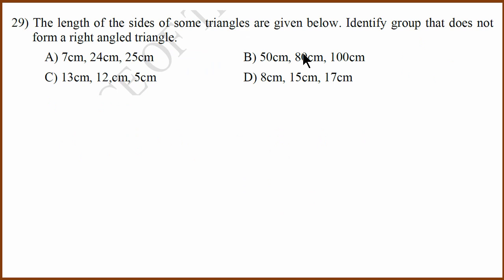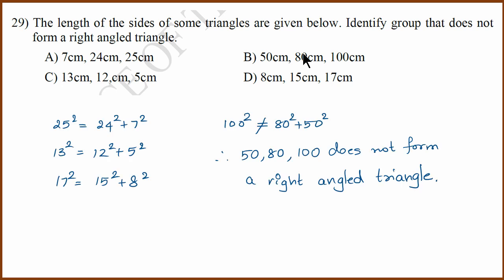ಸೊ ಇಲ್ಲಿ 4 ಸೈಡ್ ಕೊಟ್ಟಿದ್ದಾರೆ. 4 ಸೈಡ್ ಕೊಟ್ಟು ಇದು ಯಾವುದು ರೈಟ್ ಆ್ಯಂಗಲ್ ಟ್ರಯಾಂಗಲ್ ಆಗಲ್ಲ ಅಂತ ಕೇಳಿದ್ದಾರೆ. ರೈಟ್ ಆ್ಯಂಗಲ್ ಟ್ರಯಾಂಗಲ್ ಆಗುತ್ತೋ ಇಲ್ವೋ ಅಂತ ಹೆಂಗೆ ಚೆಕ್ ಮಾಡೋದು? ವಿ ಹ್ಯಾವ್ ಟು ಯೂಸ್ Pythagoras theorem. If the sides satisfy Pythagoras theorem for some combination, then it is a right angle triangle. Otherwise, it's not. So now check ಮಾಡಿದ್ರೆ